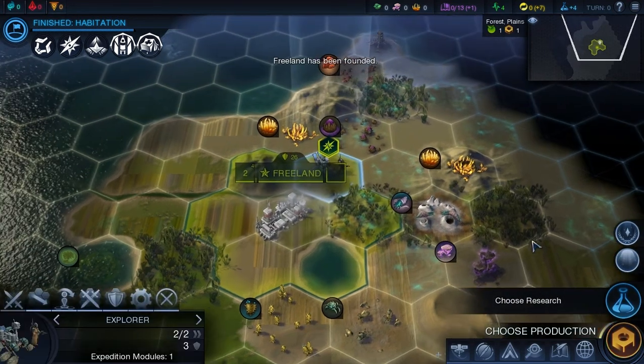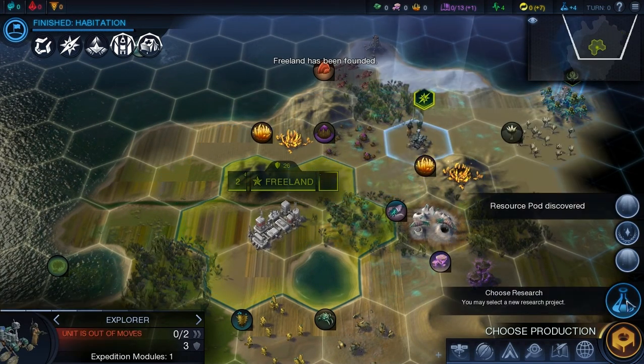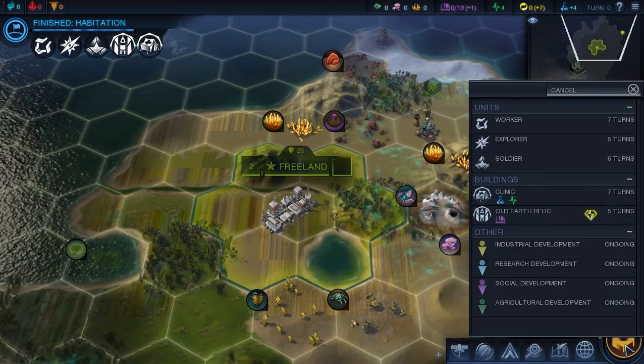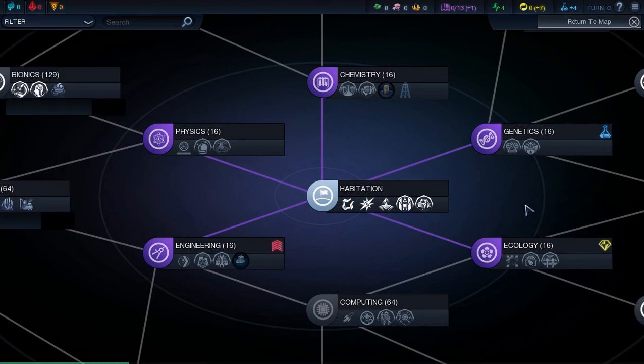Alright, we made planetfall. Alright, we got our explorer. We're going to play out this first turn, just like I did the last game. We're going to build a second explorer so we can get as many expeditions as possible. And then